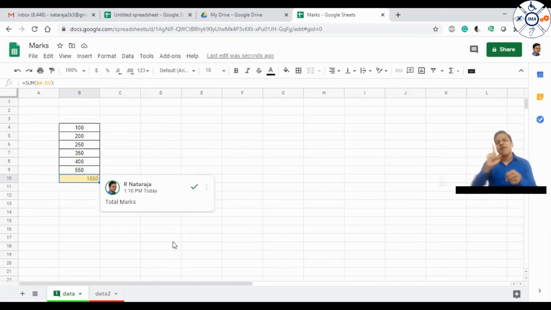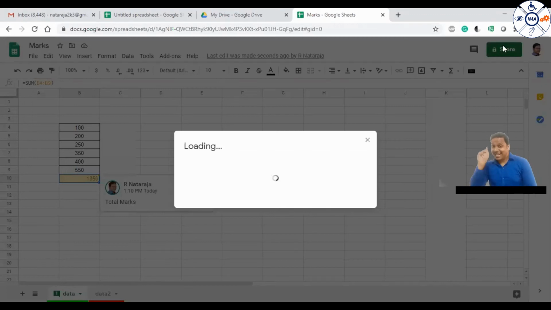Imagine if there are a lot of users trying to access a simple sheet, they can see the marks and the comment, and they can also update, delete, and edit any of this information. Now, if I have to share this sheet with my team or my friends, I click on share.